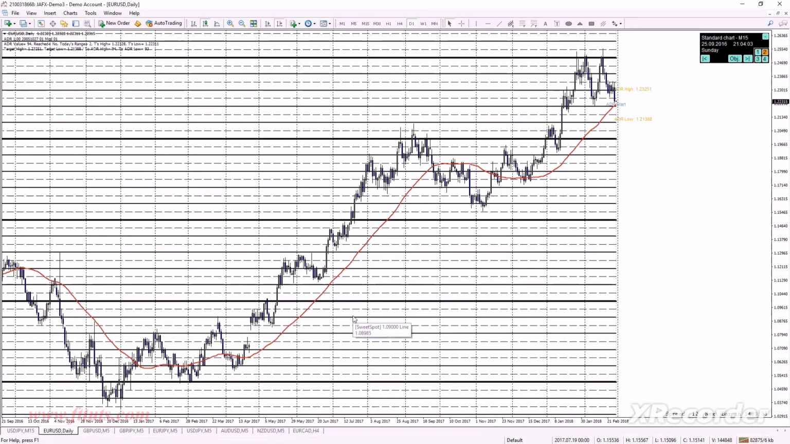So here we have Euro USD on the daily, and these levels that I've set on my chart go every 50 pips. So the dashed lines are 50 pip levels, and then the smaller lines are 100, and then the thicker lines are my 500, and then obviously 1,000, right? So as we can see down here, price started at the 1,000 pip level,